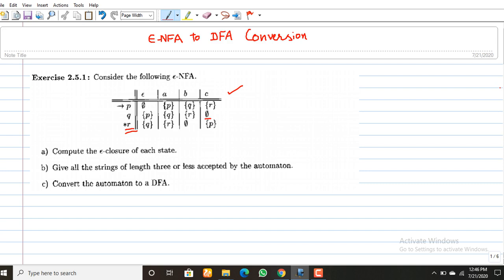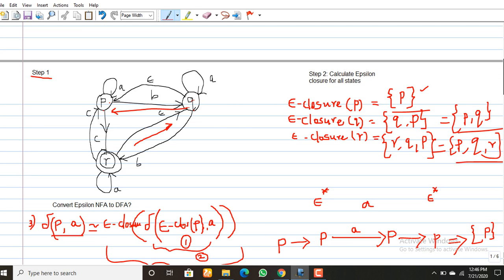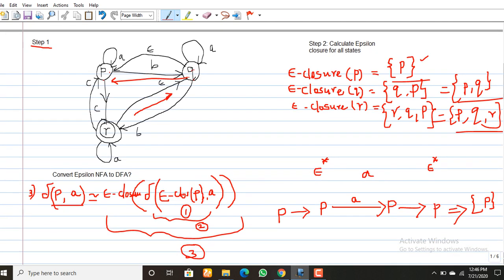In the first step, I have drawn the transition diagram of the epsilon NFA. From this transition diagram, calculate the epsilon closure values. From the epsilon closure values, I have to calculate the transitions for each state: transition of P comma A, P comma B, P comma C.